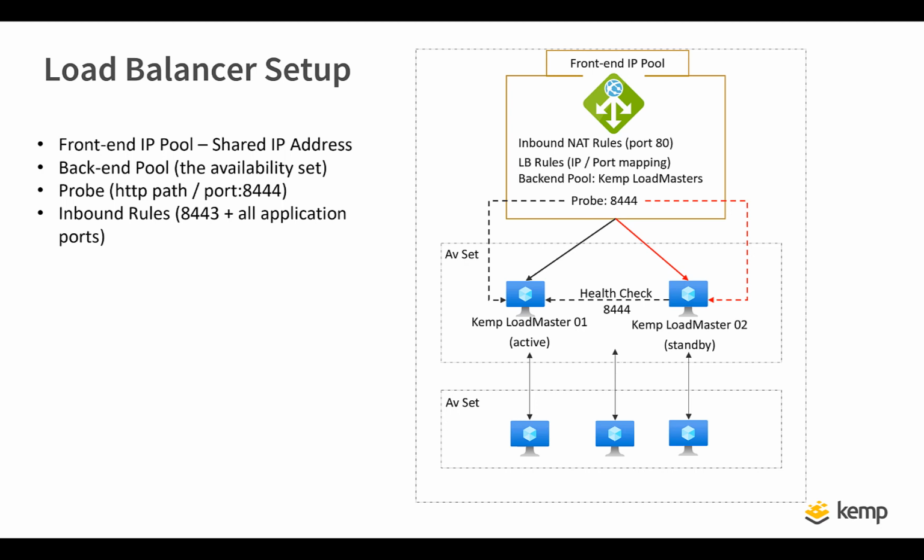Also, the master unit is always set as active, and the slave unit can be standby or active if the master fails. However, the master unit is the master and never becomes the slave, even if it fails. So when the master unit comes back up, it is set as active and connections are automatically directed to the master node again. And it is really important